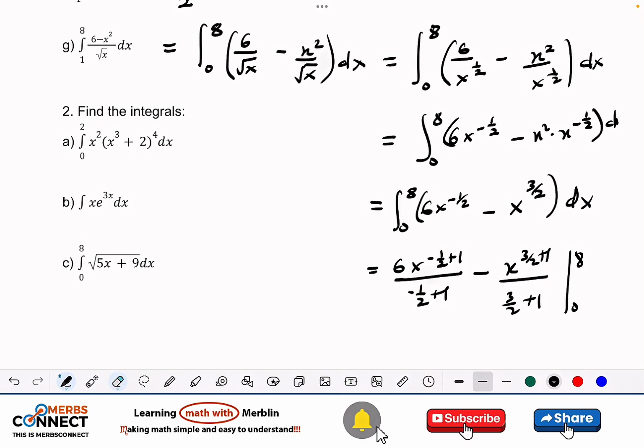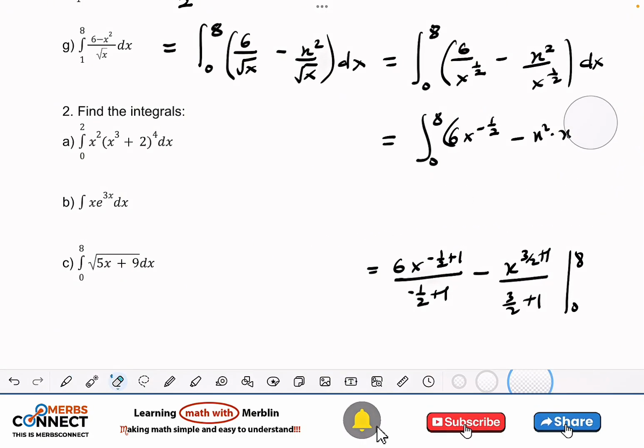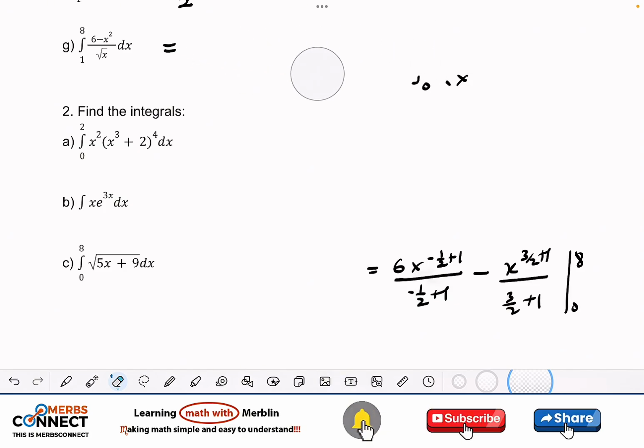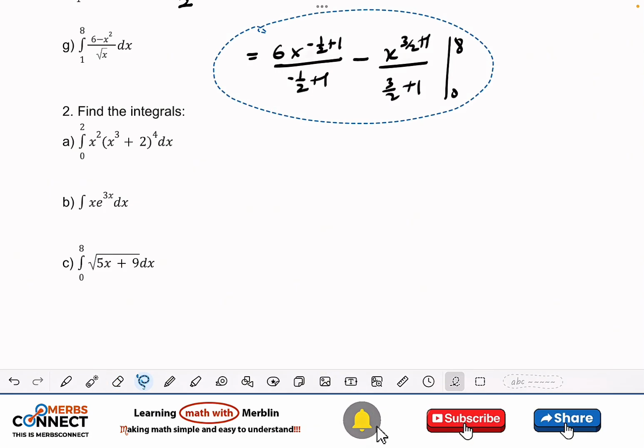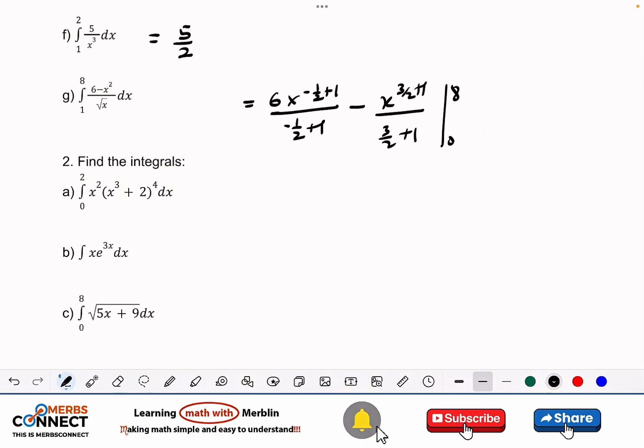So what I'm going to do is, let me clean up the top solution, and then let's go up and then descend again. So now what are we going to get? We are going to have something like this. So let's go through the process. 6. Now minus half plus 1 is going to give us half. The denominator 2 is going to give us half. Good. And then minus